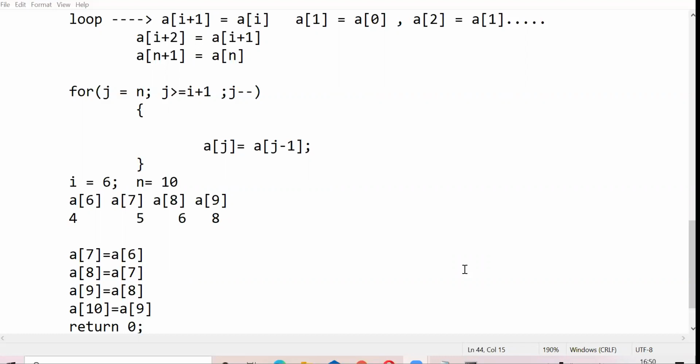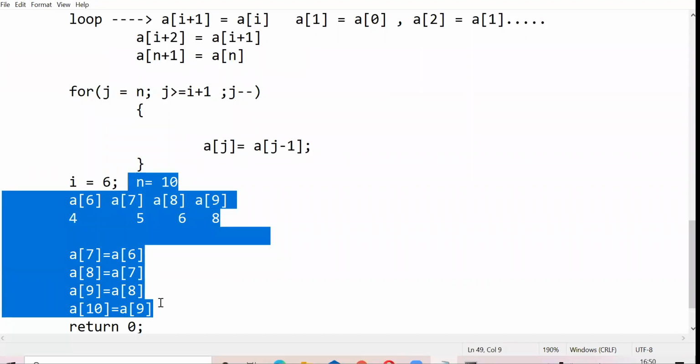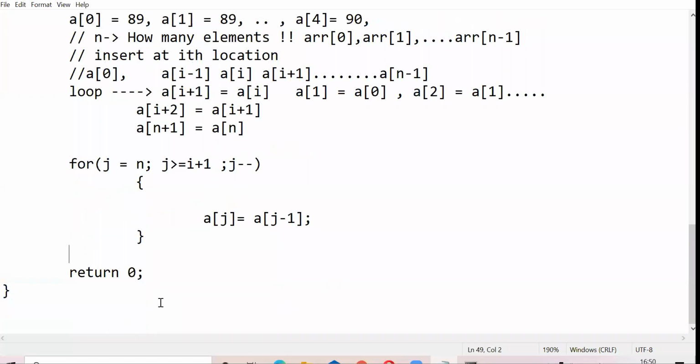Ma'am, yes. Like the problem you gave for the assignment, if I want a particular thing to be performed again and again, like in the assignment, we have to keep on dividing into half and half and half, how do we code that? Okay. See, if you want to do something again and again, you can use either iteration or recursion. You can do it with the help of iteration, right?